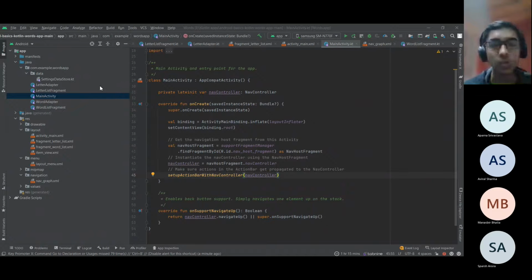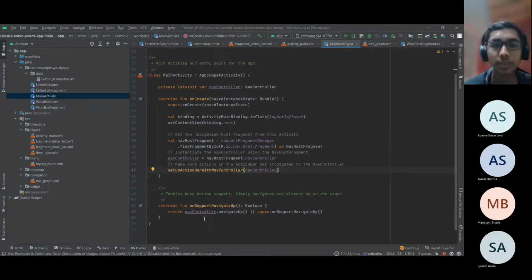So if you're swapping out the fragments or changing screens, the nav controller can automatically take care of your action bar, so you don't have to manually code it every time. So that's why we use the nav controller. And we even have support navigate up. What it does is it handles the back button, saying that if the nav controller has another action for the back button, then do that, or just do the default action.